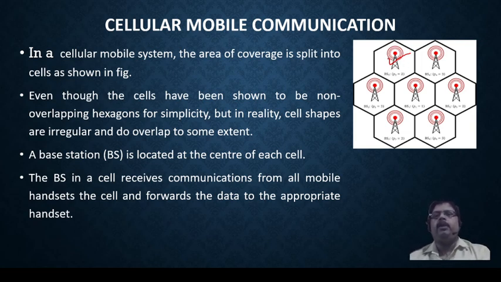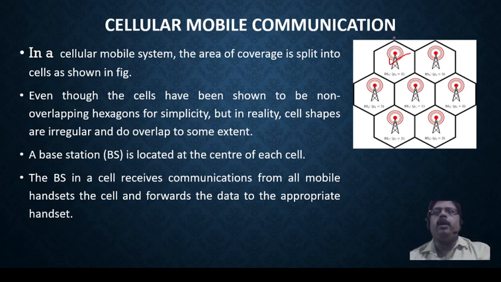You can see here this tower or this base station, and between this base station and this base station one cell is created. You may see here that these cells are joined at the edge, and it is not showing any gap, but it is not like that. These signals will overlap from one cell to another cell, and sometimes cells may not be closed and there may be a gap, then you will lose the signal. When you go into that area you lose the signal.